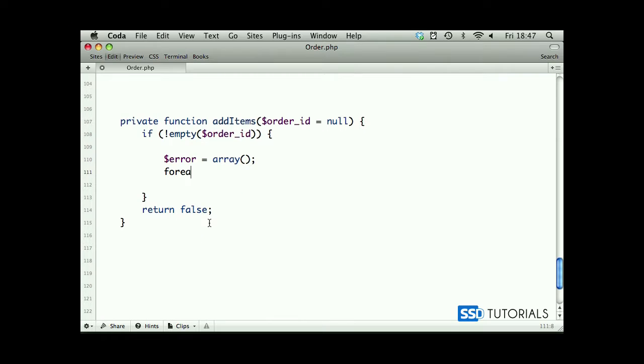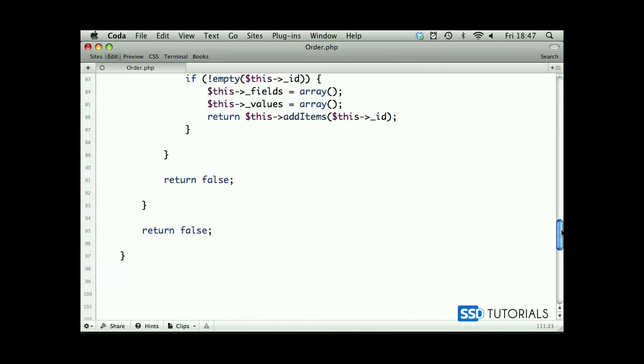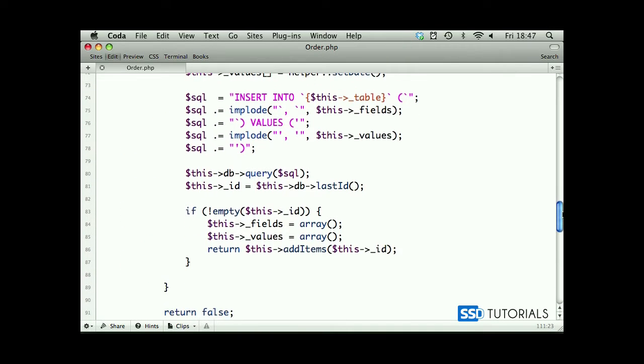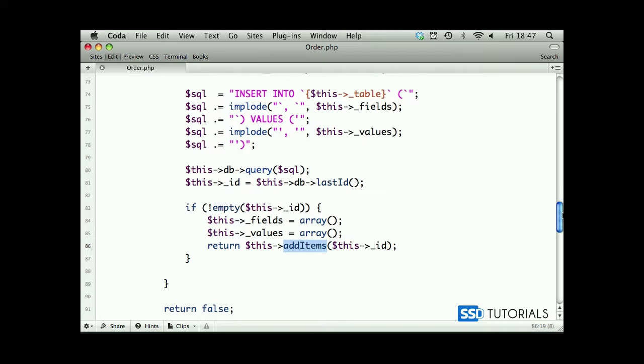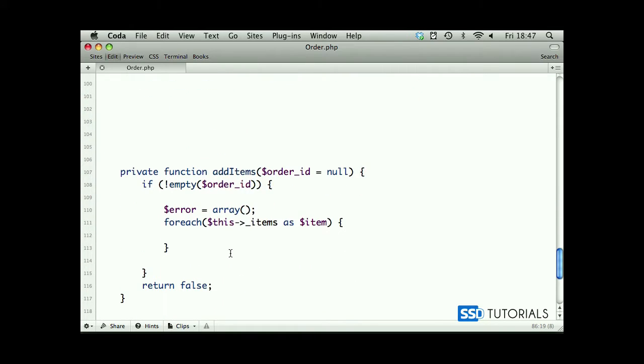Now we start foreach this_items as item. Actually, we could also check if items isn't empty. However, we've already done this in a previous method, and if it was empty, this method wouldn't ever be executed. So we don't really have to do it at this stage, as you can see. So foreach items as item, and now we start with a SQL statement equals INSERT